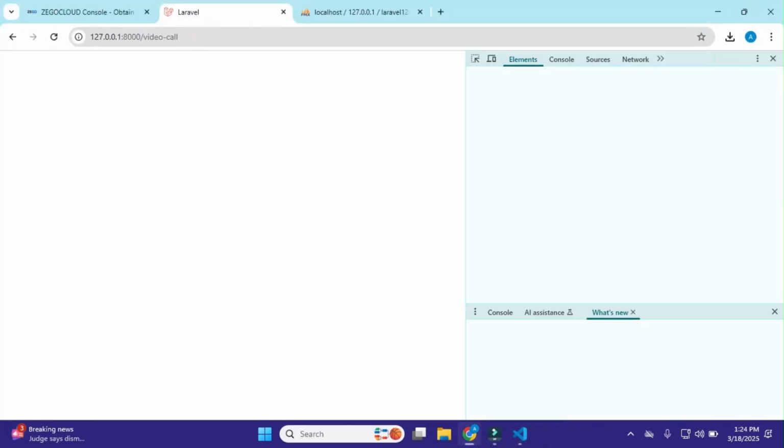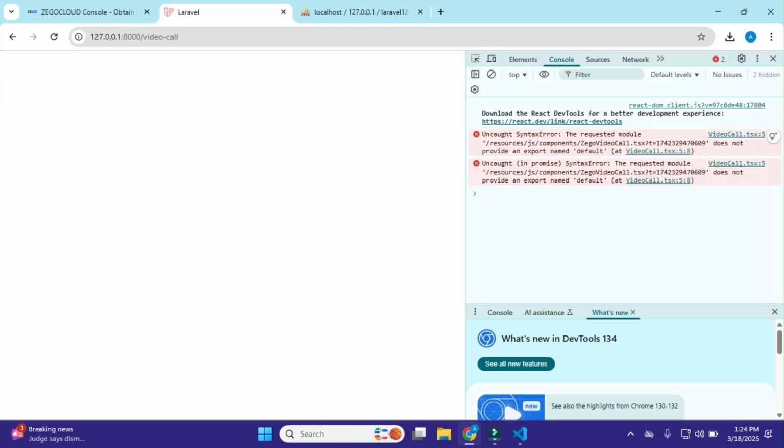Here you can see an error again: the requested module does not provide an export function.